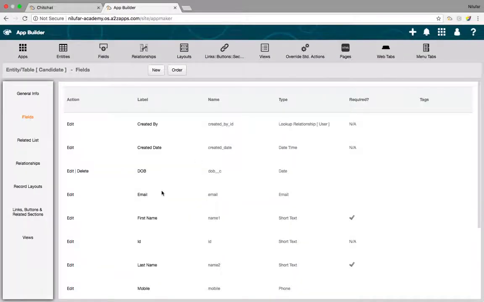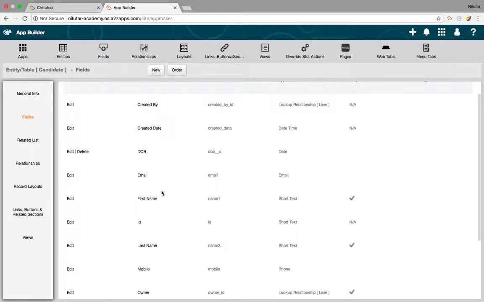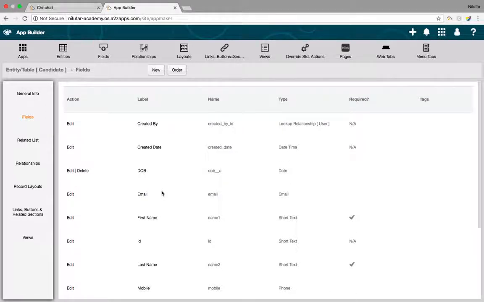All right. So I have all my fields over here. I have created the table. I have created the custom field. Now I'm going to do what? Now I want to create a custom page as well. What I'm going to do is create a very simple HTML page. So let's just see how to create a custom page.